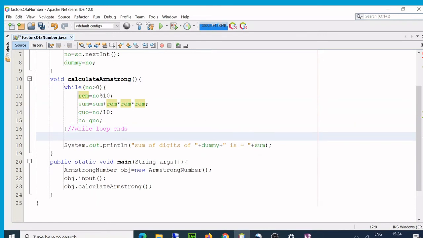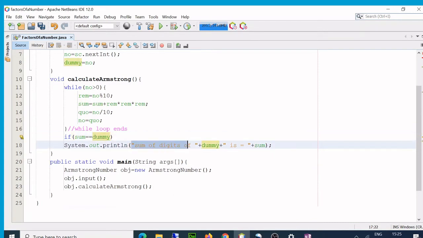So if sum equals dummy, then print that it is an Armstrong number. This concatenation really looks nice, a little bit you have to type more, but it really looks nice.